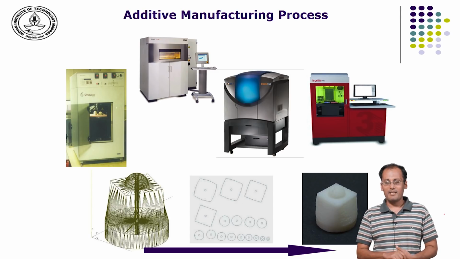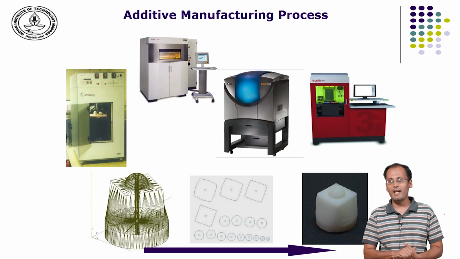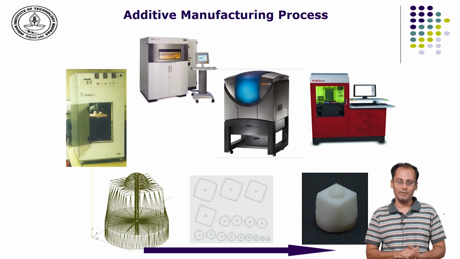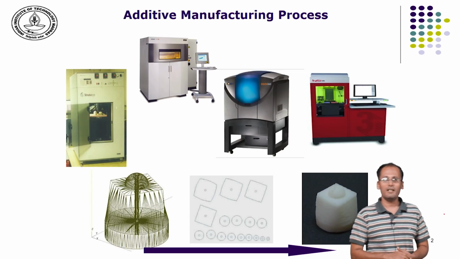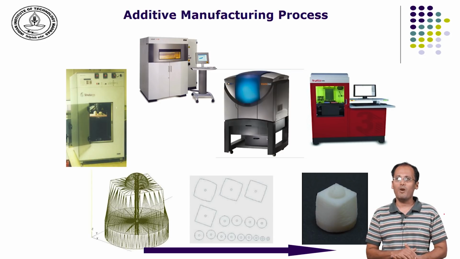All these processes were originally used as rapid prototyping processes, mainly for form visualization, before we could take a decision on the design or make some modification to the design, before we go for permanent tooling for the manufacturing. But these technologies have evolved, and now we have processes which are capable of producing end use parts. So, we can now think of small batch production or even customized parts.